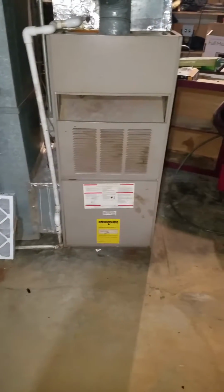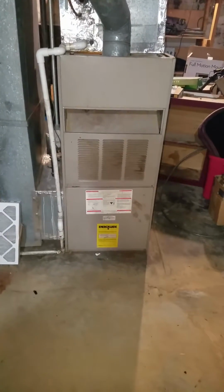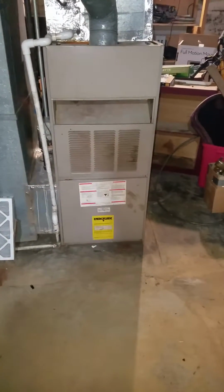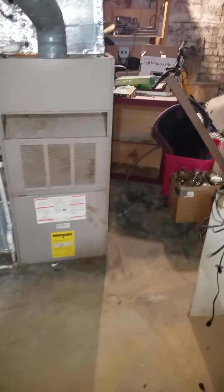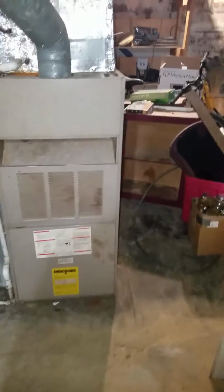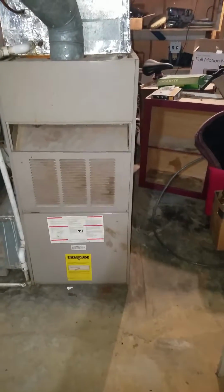Okay guys, I'm at the Denny residence over in New Albany, Indiana. I'm looking at a Goodman, 125,000 BTU, 80% upflow. This unit's a 1987. And just to start off, how you get down here, I got right over, that